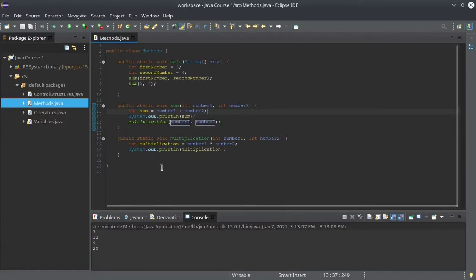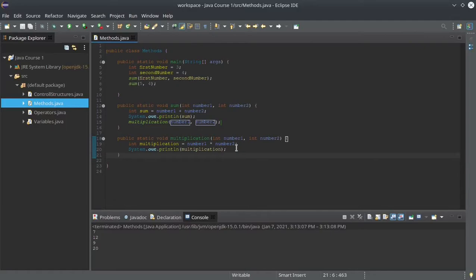You can write a lot of methods. If you write more methods, it's better, because then other people can easily understand what you are writing. Your code is better to understand than just writing the whole code in the main method here. Okay, and don't forget this: the main method is the start method of every class. So if you want to run other methods, you have to call the method here in the main method. Okay,